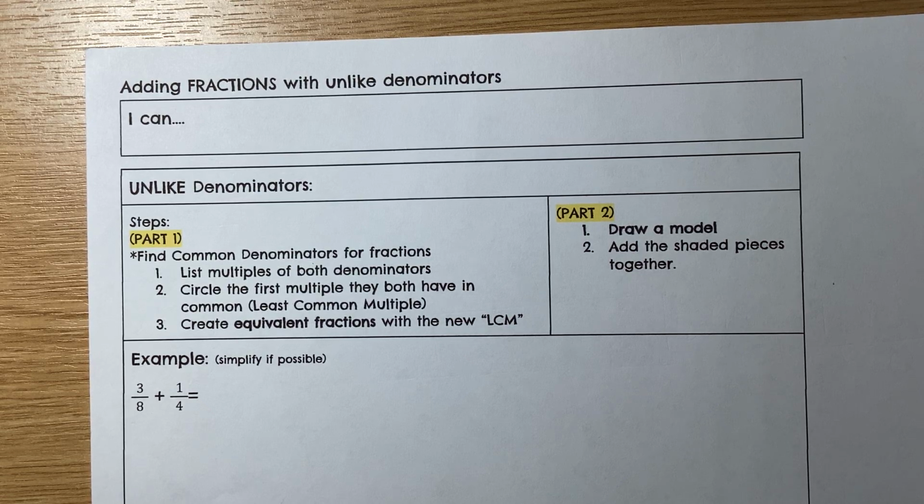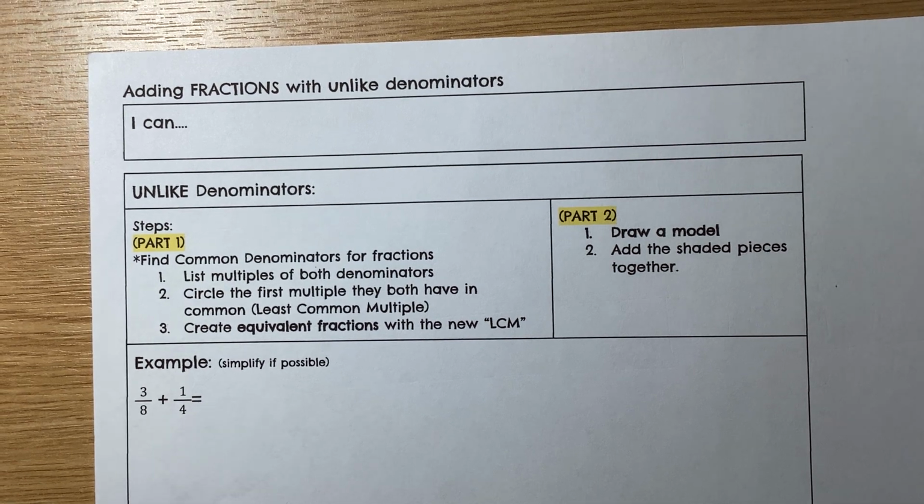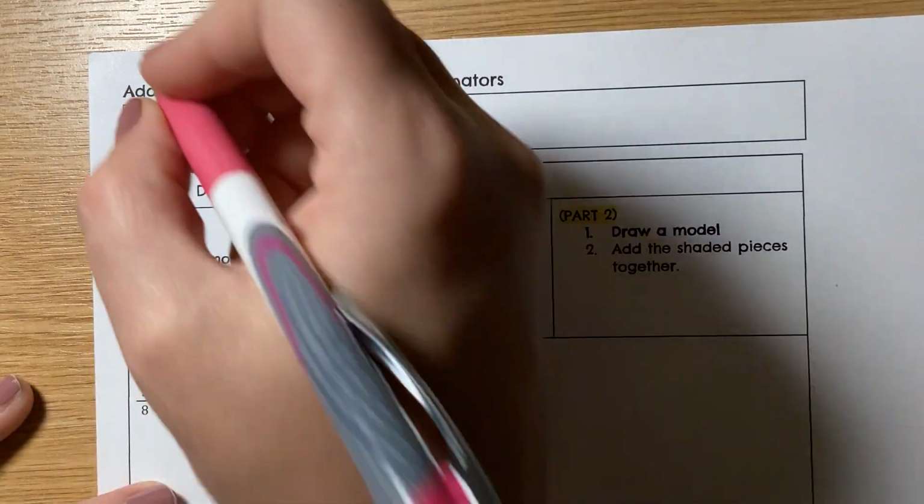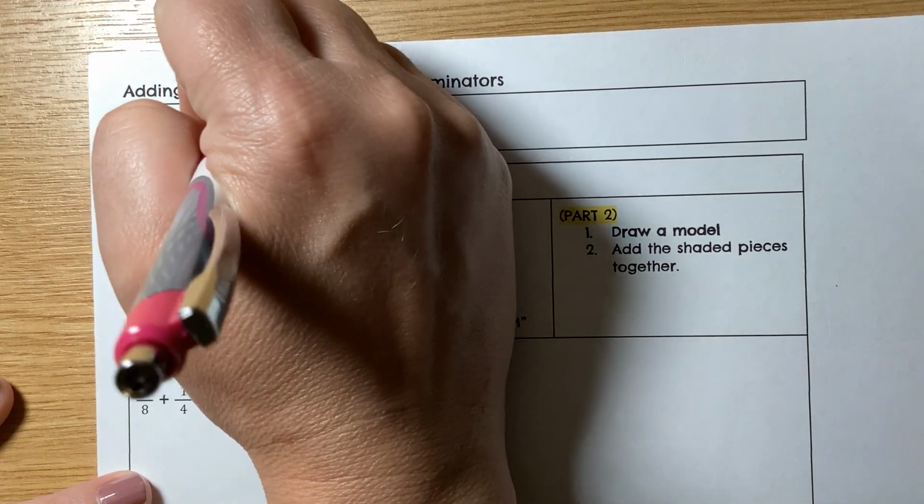For today's bomb notes, we're going to be adding fractions with unlike denominators. So go ahead and glue this paper into your bomb and make sure you add the title to your table of contents. Our learning target for today is I can add fractions